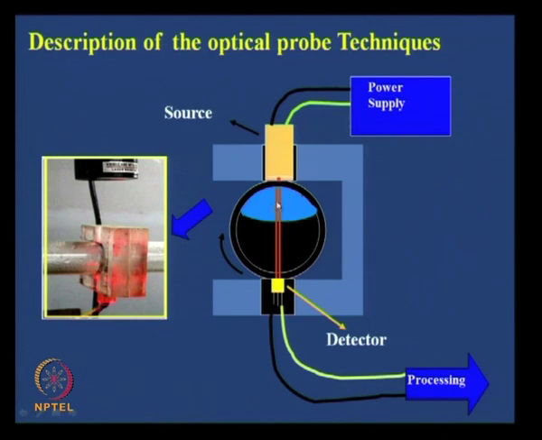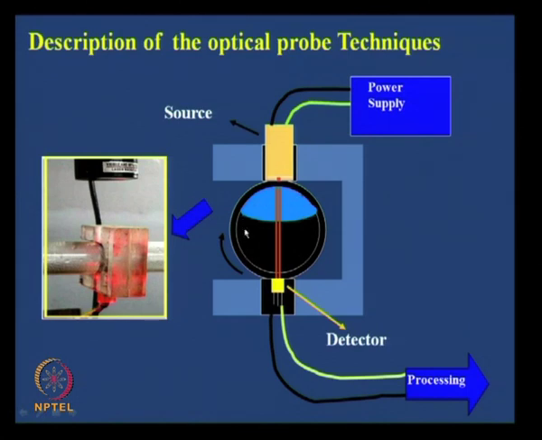What was happening here? The entire two-phase mixture was distributed, maybe kerosene is distributed in water or something, and while it was travelling, when it comes in contact with kerosene, more amount of light was attenuated. When it came in contact with water, less amount of light was attenuated. So, therefore, the transmitted signal depended on how much amount of kerosene and water are present. This was number 1.